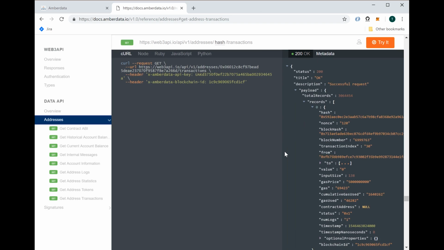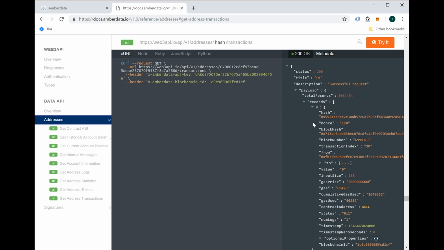Right here is the transaction hash, which is just the hash of that transaction. That's pretty straightforward. Right here is something called a nonce, a transaction nonce. What this is, it's actually the number of transactions sent from an address, which is typically used to prevent double